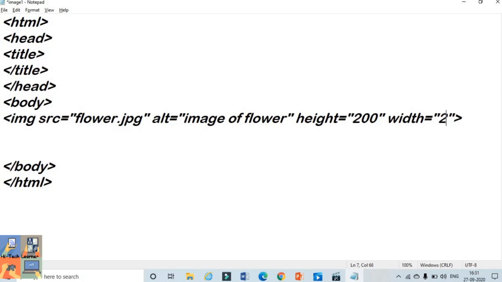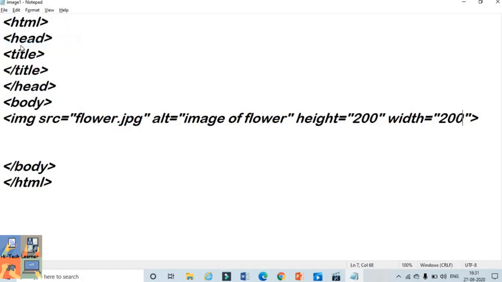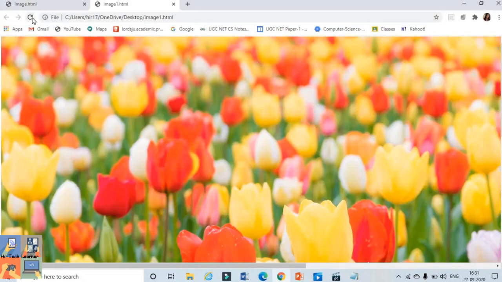You can adjust any number as per the size you want for the image. File, save, go to the browser and refresh and check the output. As you can see, the height and width of the image is adjusted over here.